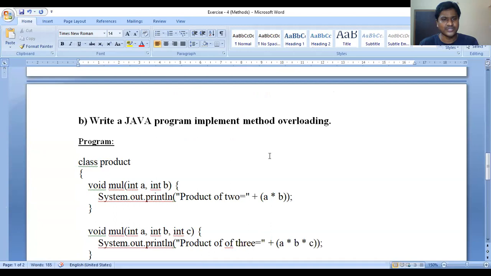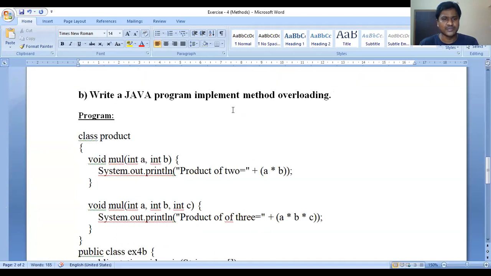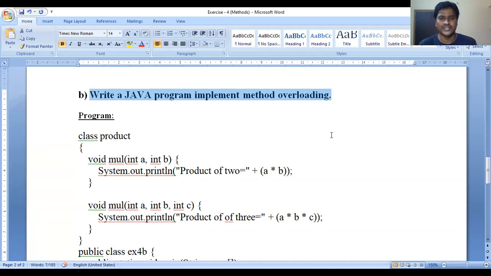Now, coming to the second program: write a Java program to implement method overloading. Right now we just saw constructor overloading. A constructor is a special method of a class, and in general a class may contain different methods, and we can overload those methods also.